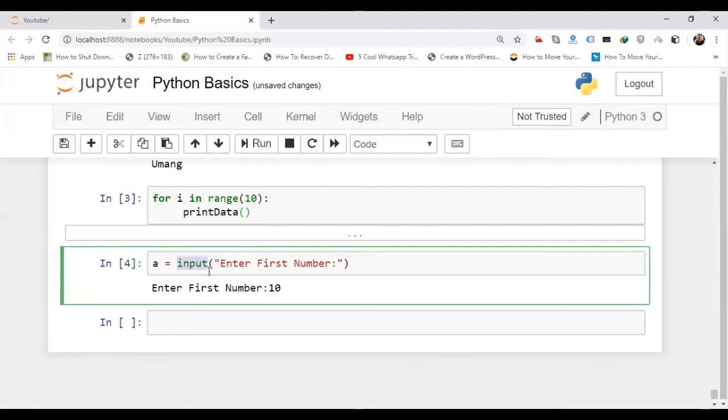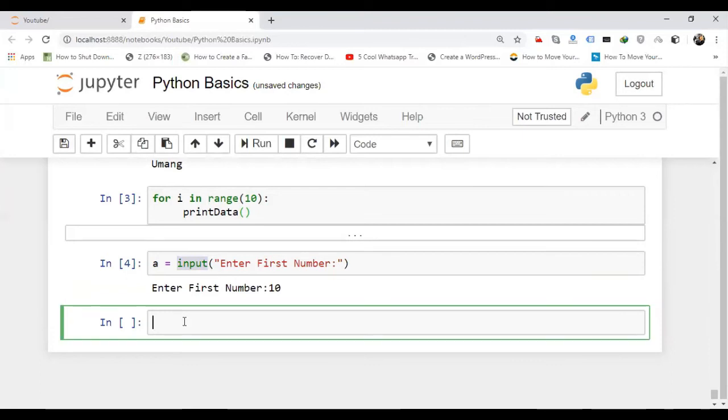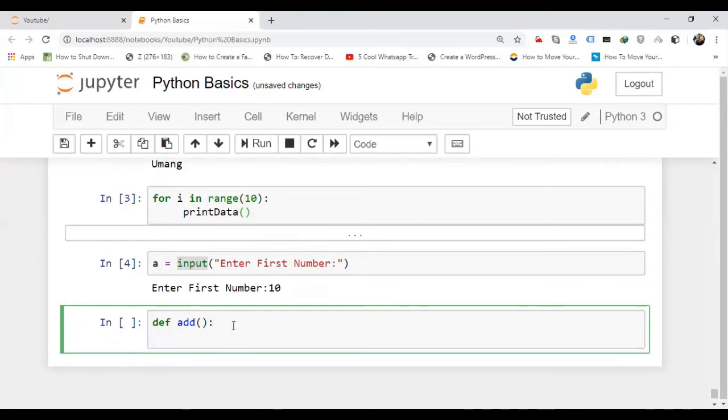Similarly, we have to make one function that accepts two numbers from the user, adds them and gives me the output. So suppose I make the function def add. I make the function name add. In this, first of all, I take the first number.